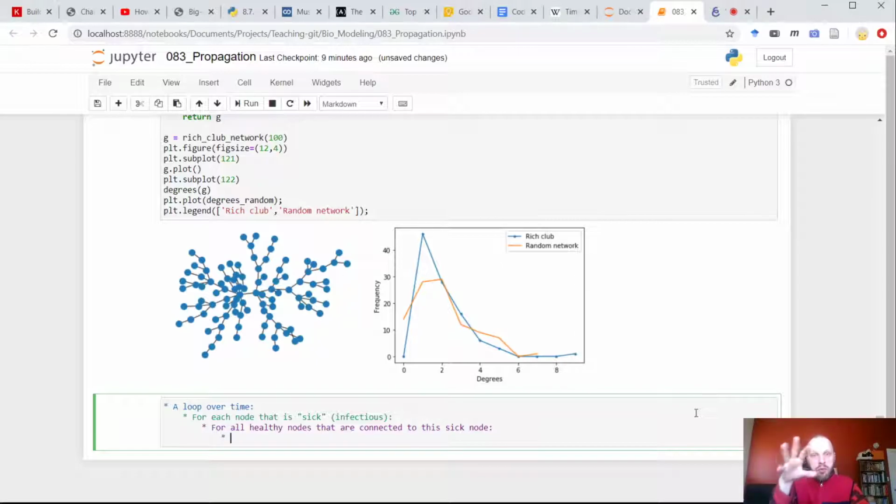If the probability of spread is high. So we pick each sick node, we look at all healthy nodes it's connected to, and for each of those healthy nodes, we roll the dice.